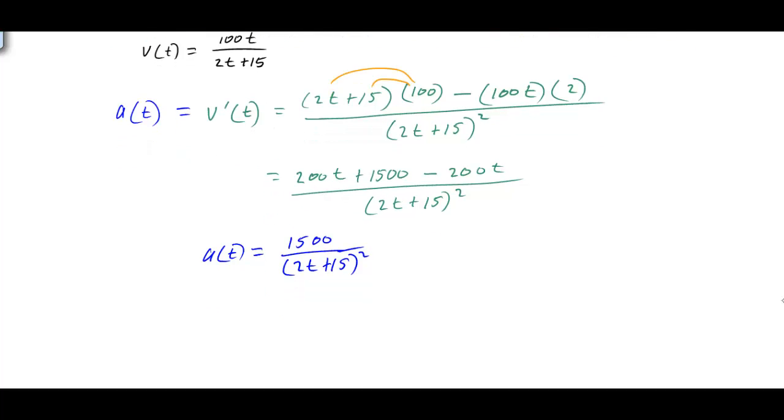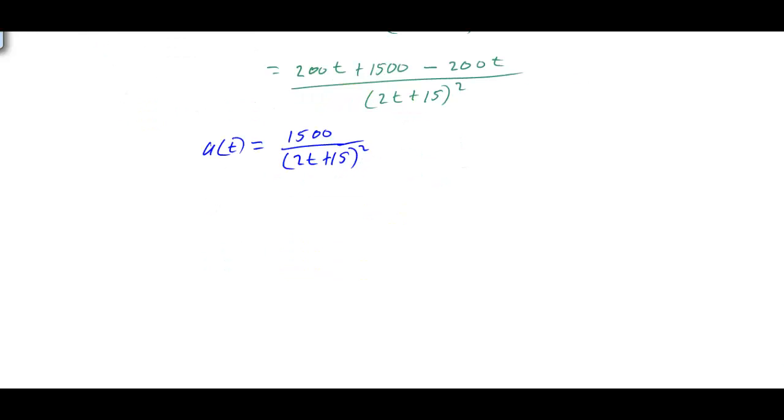So we're simply going to plug 5 into our acceleration formula. So we want to evaluate the function at 5, and we end up with 1500 over 2 times 5 plus 15 squared. And if you perform the calculations here, you end up with an answer of